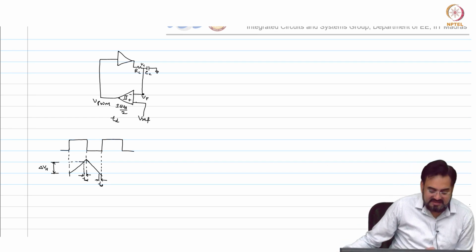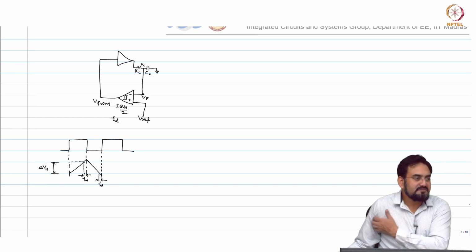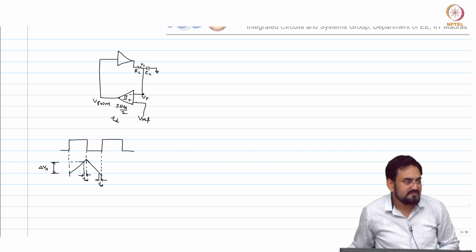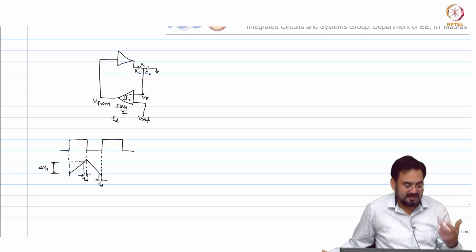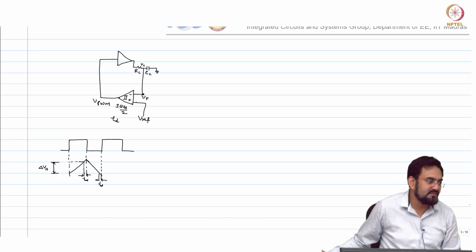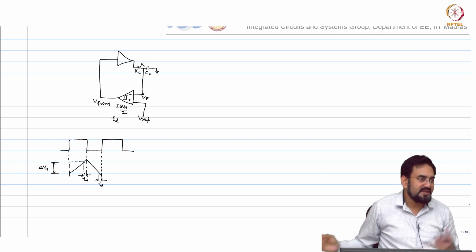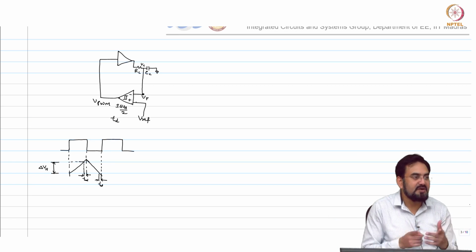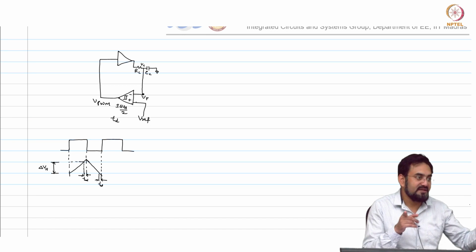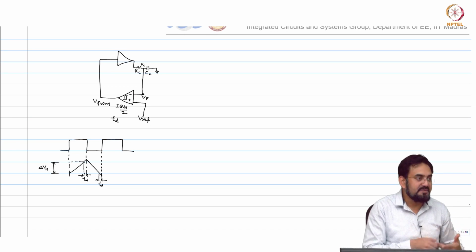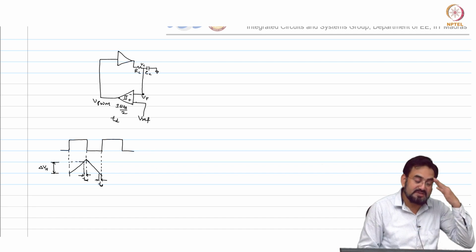So, if this delay is a very small fraction of your time period, then it may not matter. But if it is a large fraction, let us say you have a 10 nanosecond delay and you are operating at 1 megahertz, it is 1% of that. But think about if you are operating at a 10% duty cycle, which is 100 nanosecond on time, and 10 nanosecond of that is actually 10%. So, that will look huge in that case.